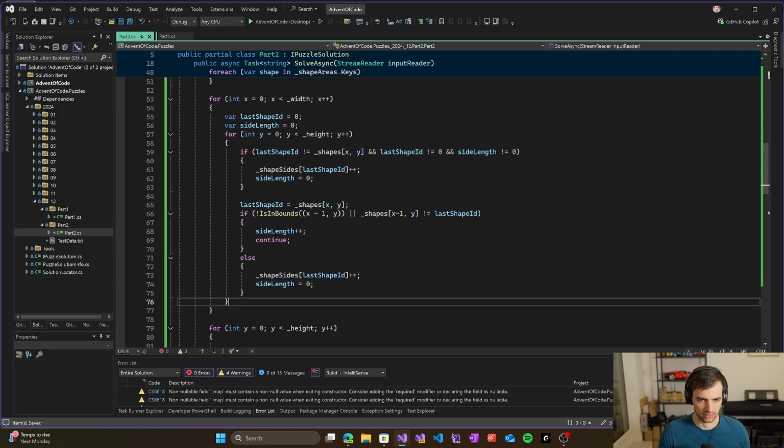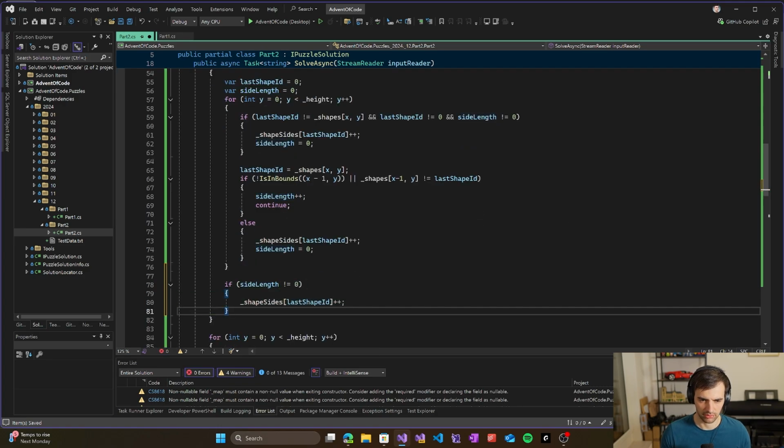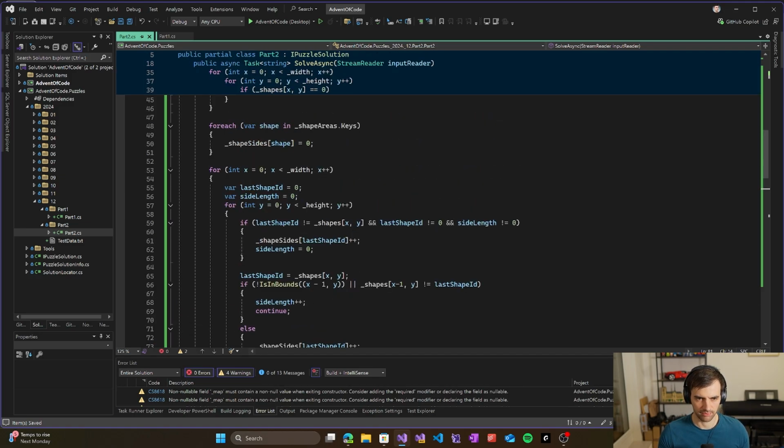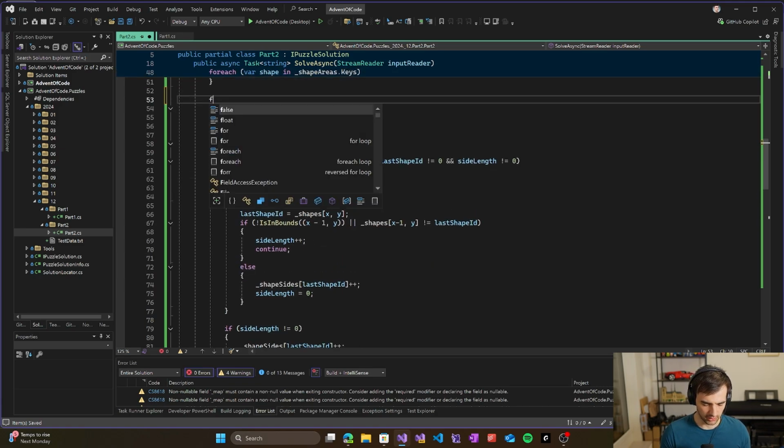Okay, so that's that. And if we end up with side length not equal to 0, we also add to the last shape ID at the end of the column. But we need to do this for